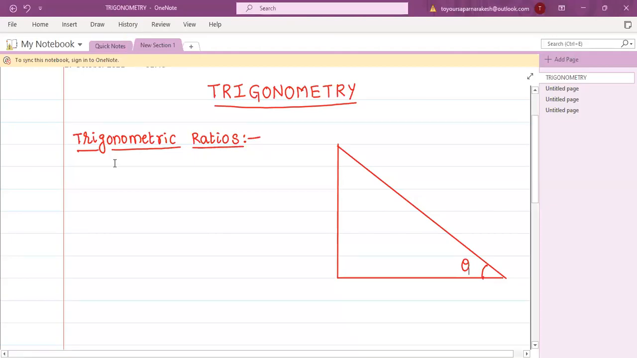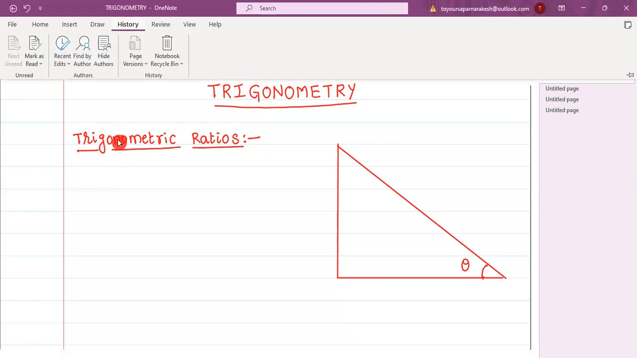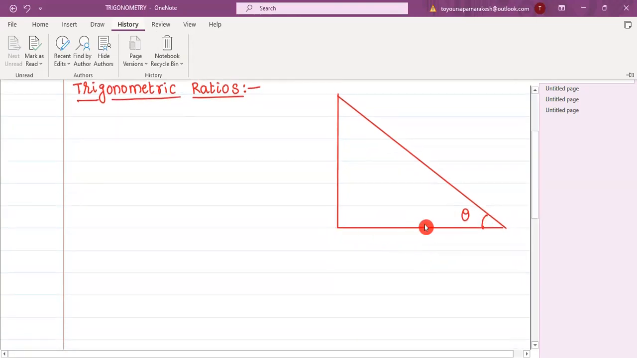In this video, we have to discuss trigonometric ratios. Here is a right angle triangle, and let this angle be theta. With respect to theta,